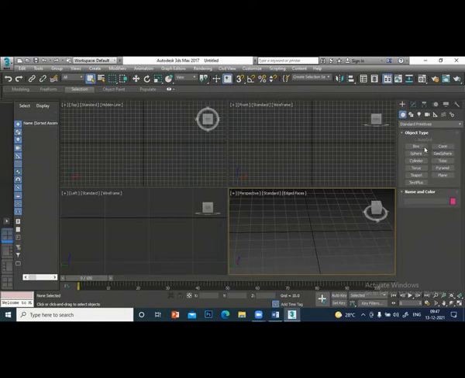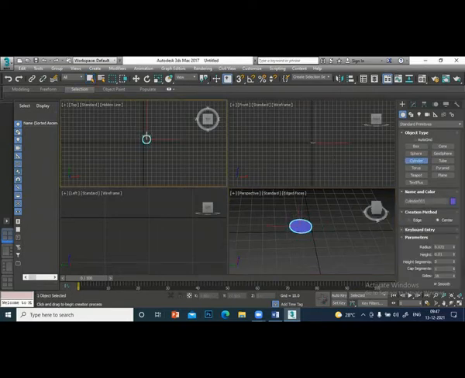Whenever you create an object, you should be very careful. Either you create in the top viewport or in the 3D viewport. If you create here, the orientation will be entirely different. For example, if you create a cylinder in the top viewport, it's very clear, no confusion at all.